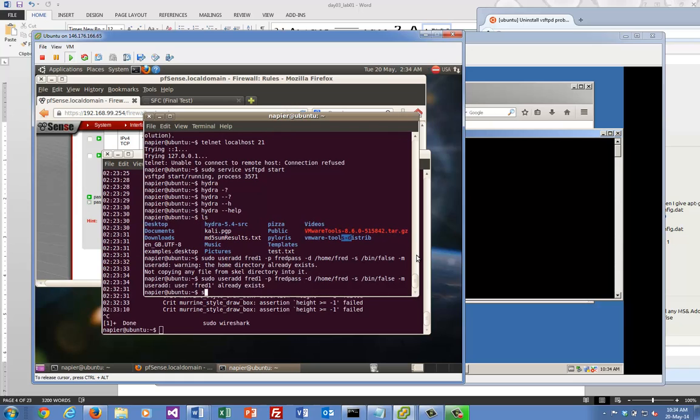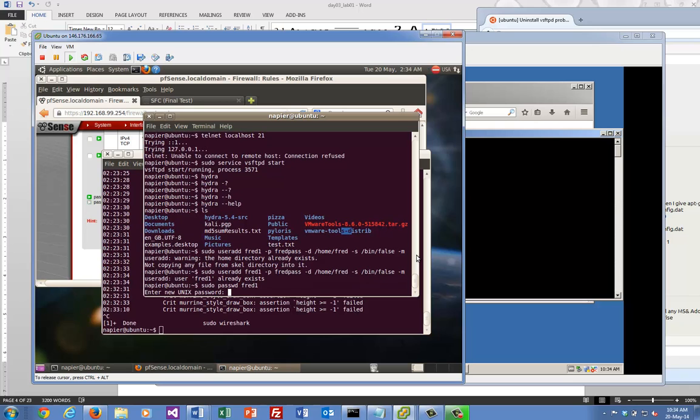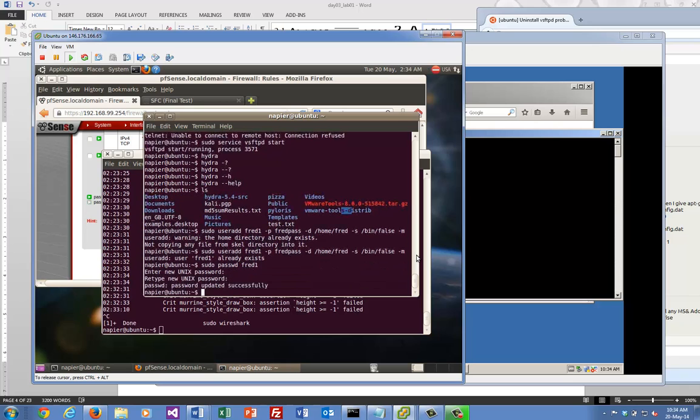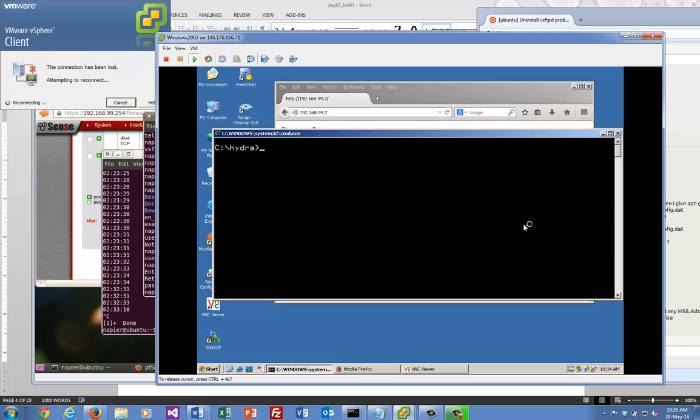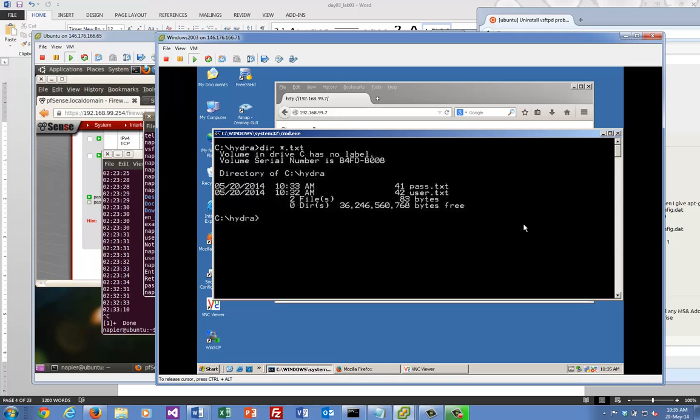Okay, so we'll just change the password. Okay, so what we have is that we can use Hydra to be able to assess the usernames and passwords. So in this case we have a user file and a password file,